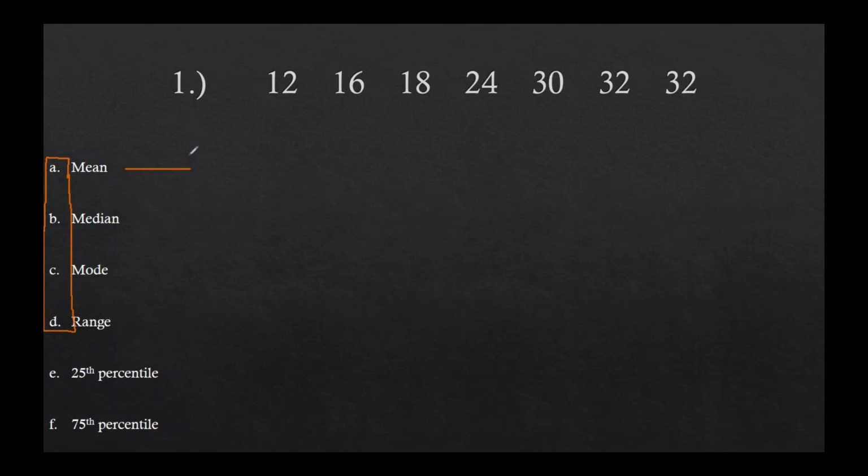Okay, so when we're talking about the mean, you might say, well, this is easy. I type it into my calculator and it spits out an answer. And while that's correct, I can't grade your calculator. So in the off chance that you round incorrectly or you type in a wrong number, by giving me this initial fraction, right? When you add all of these numbers up, your calculator probably spit out 164. And then you notice that there are 7 numbers. So just by writing down that fraction, it shows me you had the right idea.